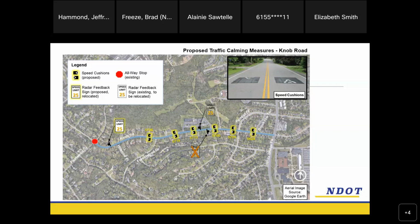Yeah. So the question about enforcement is a big piece of what we call Vision Zero. It's a holistic...